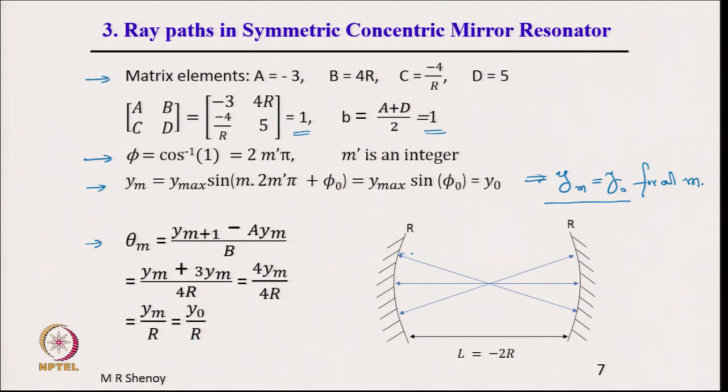What is theta m? So, we can see here. So, this is theta, that is equal to y 0. What is y 0? Is the displacement from the axis. So, this is y 0 and this is 2 r. Therefore, the distance up to this is r. So, this is r. Therefore, note that y 0 by r is nothing but tan theta.